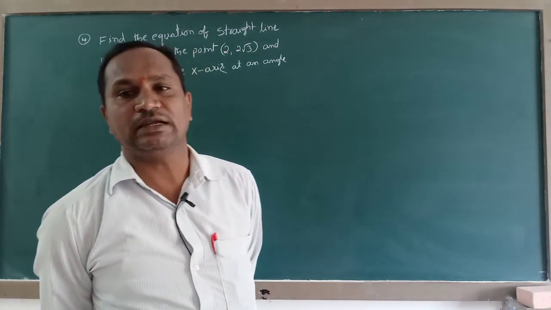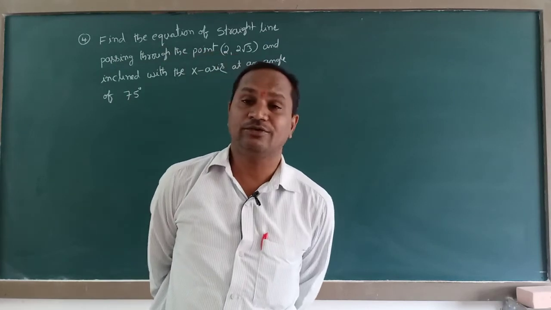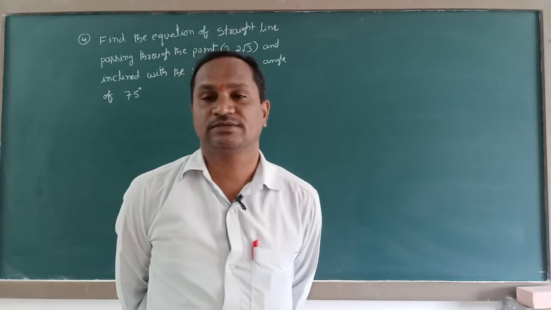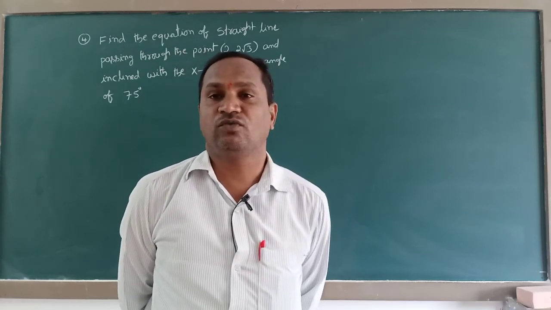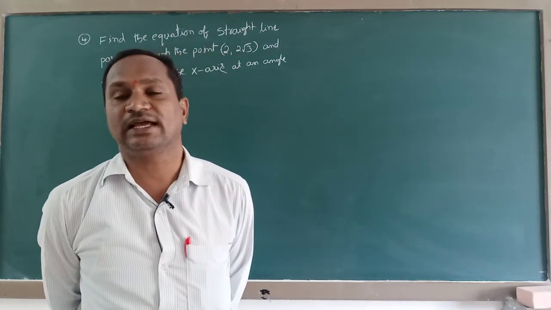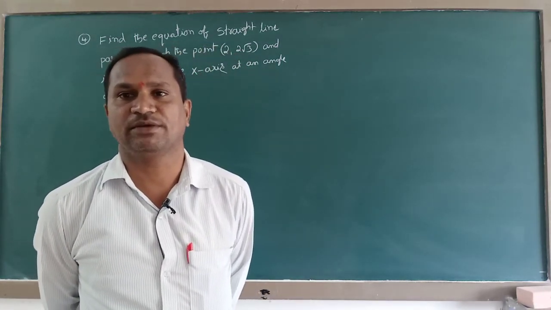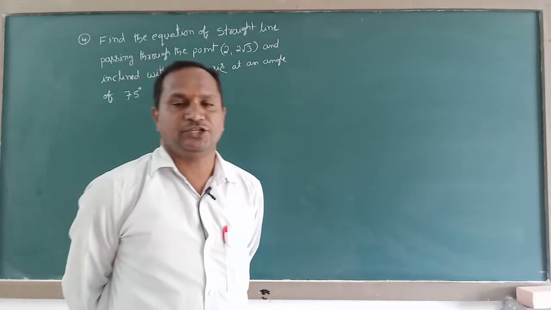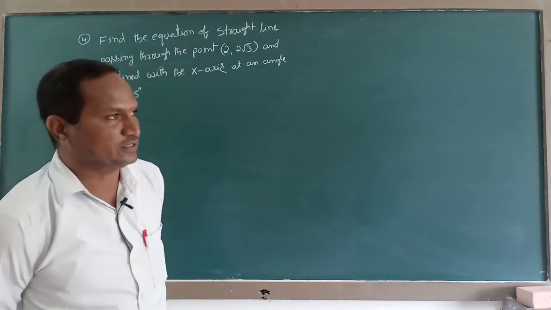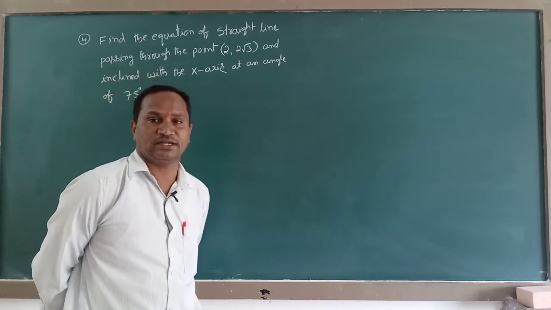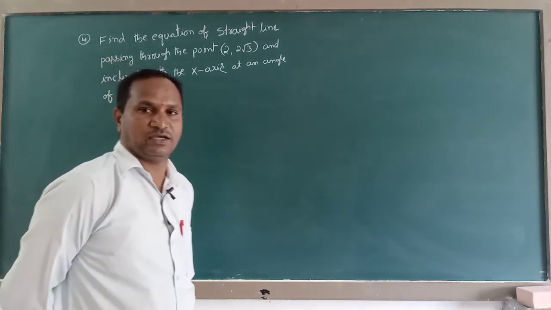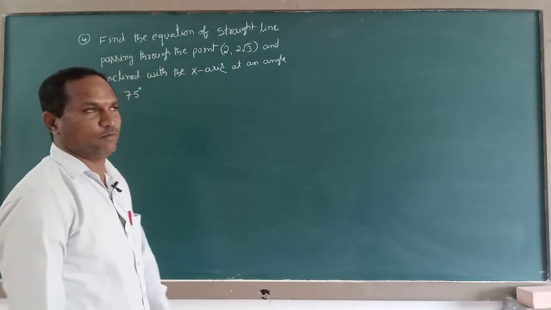If the angle made by the line is given, I have already told you how to find the slope of a line. In that case, you have to apply the formula m is equal to tan theta to get the slope of the line. By showing it diagrammatically, you can analyze this problem very easily. Firstly, I will show it diagrammatically, and afterwards I will give the solution for this question. Let us now solve this problem.